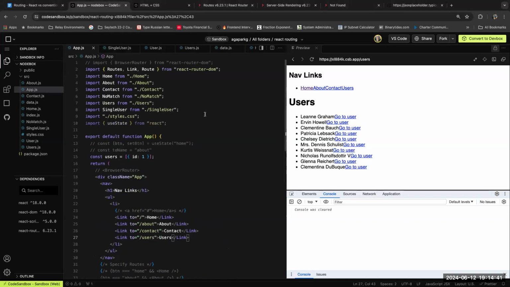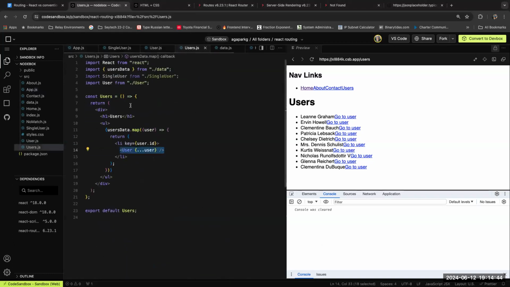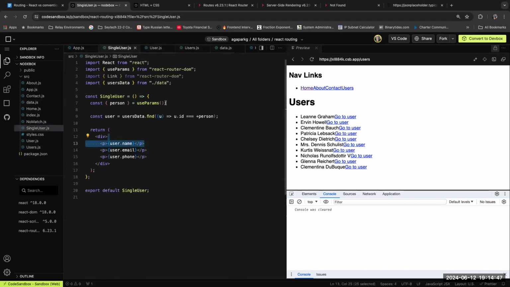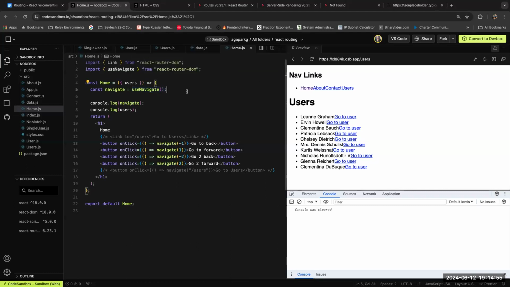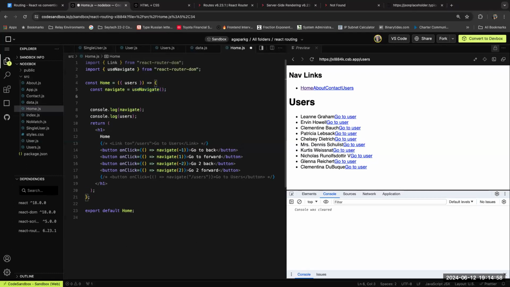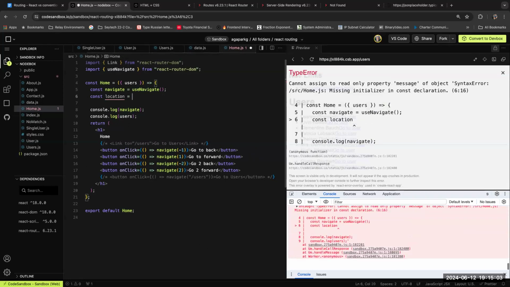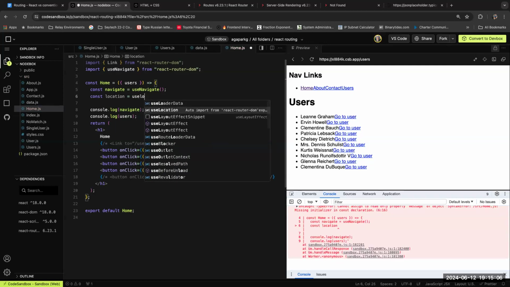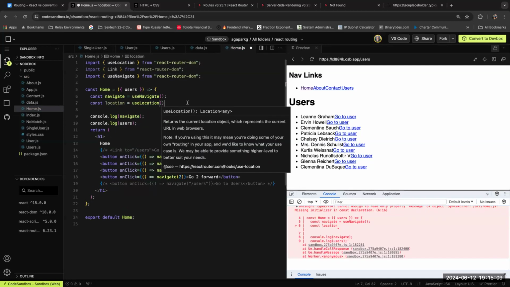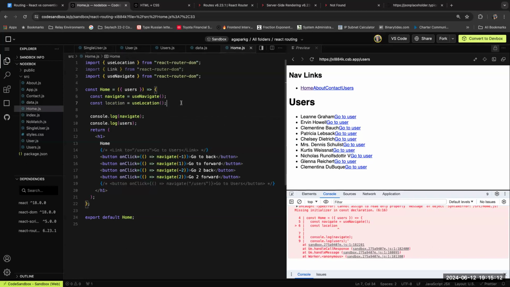So we have one more thing related to useParams. Okay, so we have useParams, and we also said that we have useNavigate. We also have useLocation. useLocation from React Router DOM is another hook from React Router DOM. It basically provides us the path that we are currently located on, right? As you guys remember,